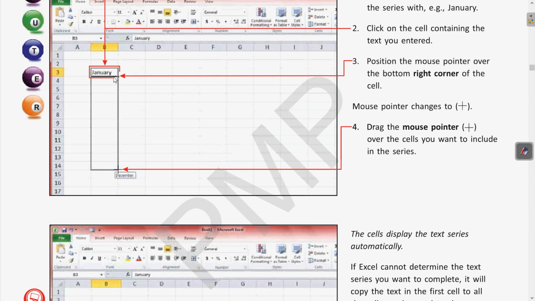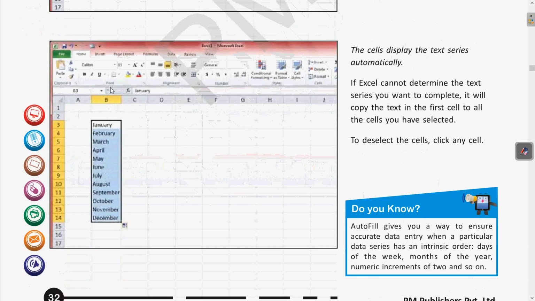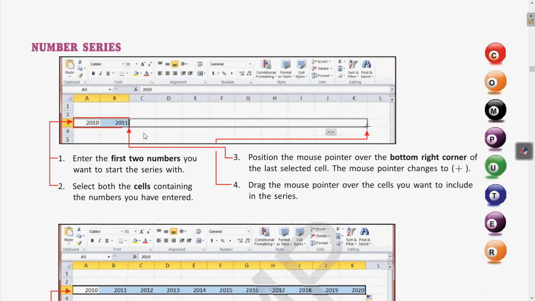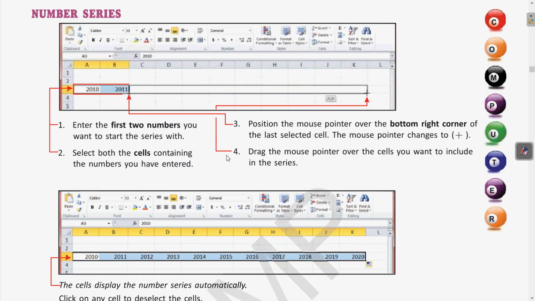When we drag it, all the other consecutive months of the year are generated. In the same way, when we take two numbers, whatever is the difference between those two numbers, the same difference is continued for the coming numbers. So this is the way to generate a series of text or numbers.